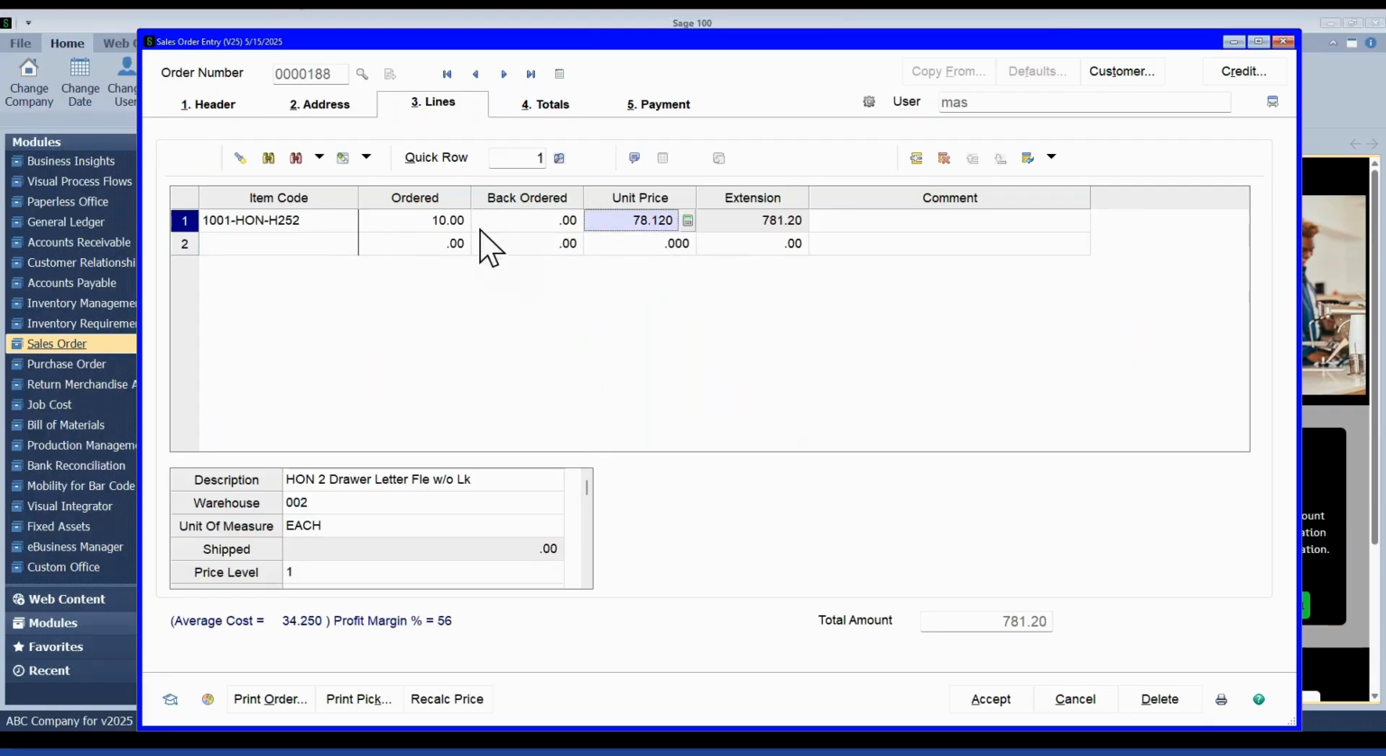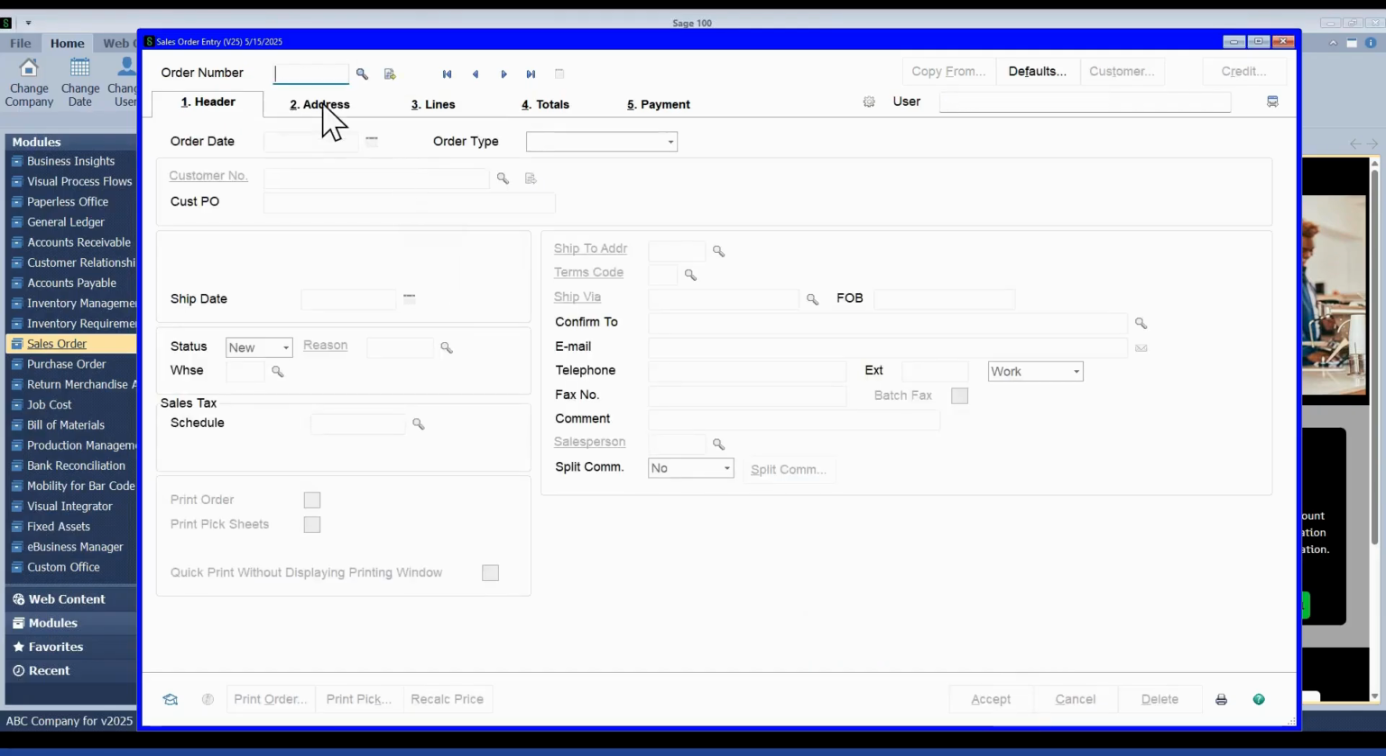Looks like that also changed the pricing. So maybe if I needed to, looks like this demo data has some pricing schedules probably set up with quantity breaks. So if I needed to override that, maybe to give them the original unit price I gave them or something, I can go and adjust that as well. Hit accept. And then if at any point I want to go back